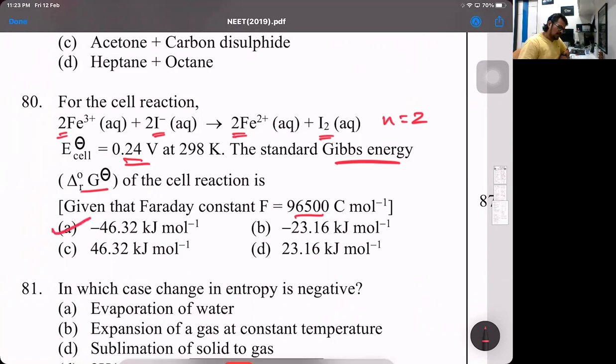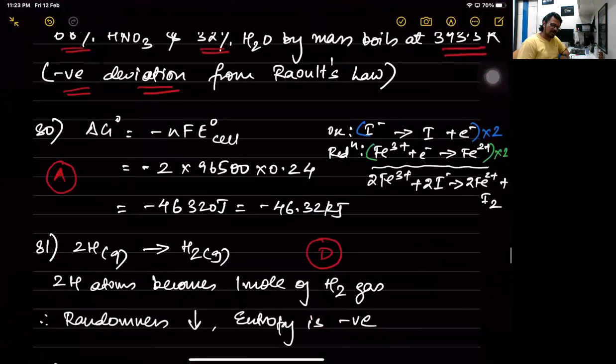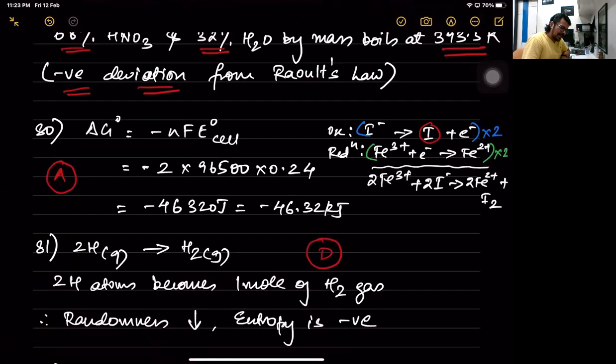80th. Here the problem is only people trying to miss out. See, I've given the reaction so you get an idea. Iodide to iodine is 1, but single I does not exist. That's why I2, because it will basically form a diatomic molecule. All right, that's why I've written it that way. Because this is the primary reaction, the first one. Secondary reaction is the 2 iodine atoms combining to form molecular iodine. That's why 2. That's it. So 80th is A over there. And delta G naught is negative, so the cell reaction is spontaneous.